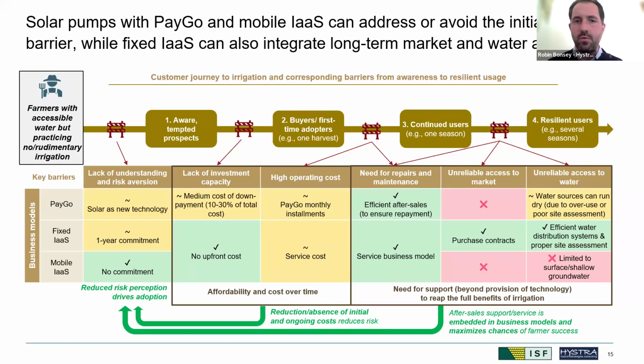But we also know that a lot of PAYGO providers are trying to extend into off-taking and connecting farmers with buyers. Hopefully there's been some progress there. We're looking forward again to hearing from guests. And as far as reliable access to water is concerned, which is the last of the barriers towards farmers' sustained irrigation use,